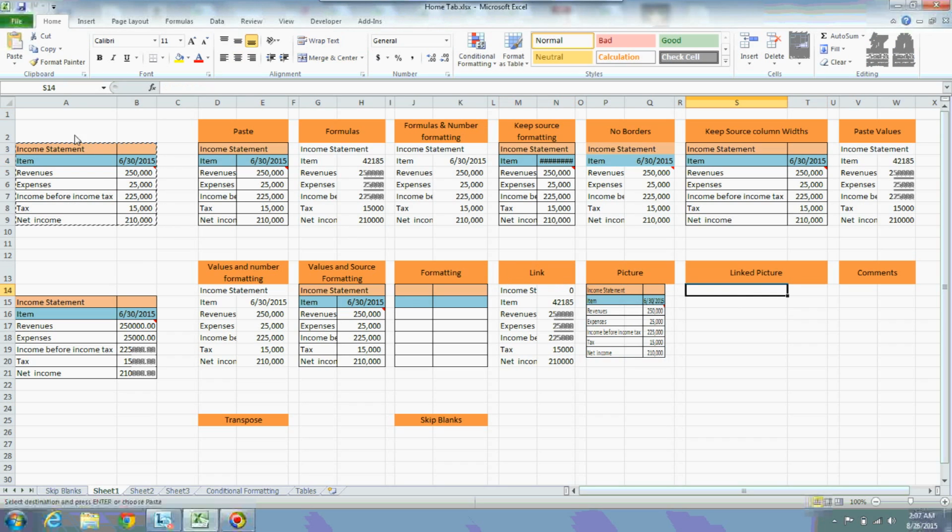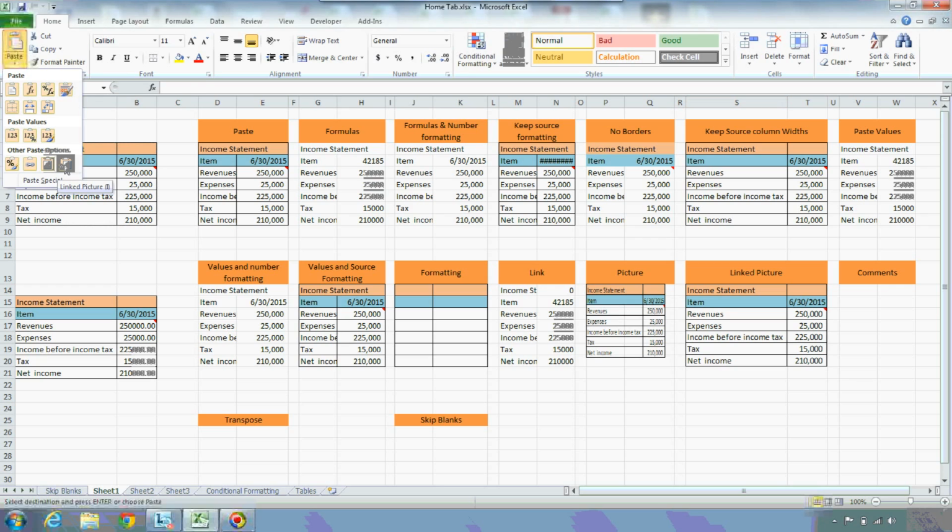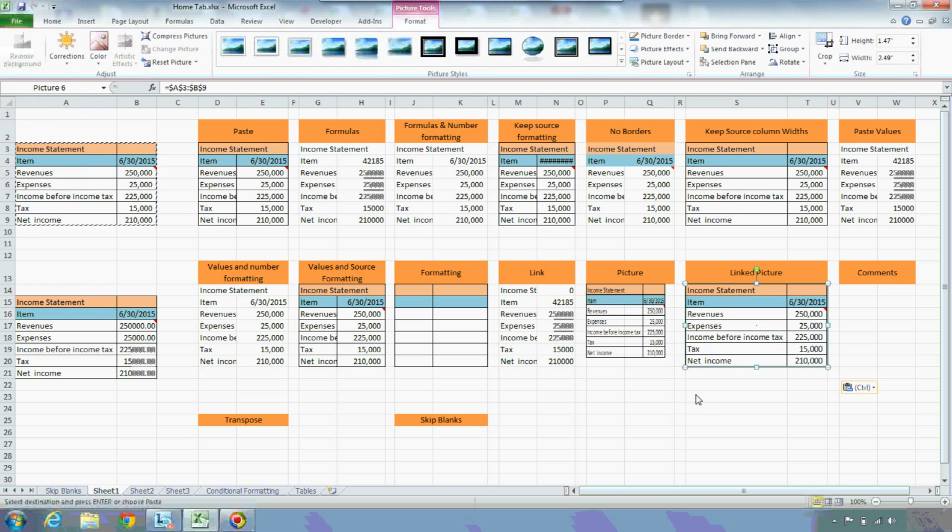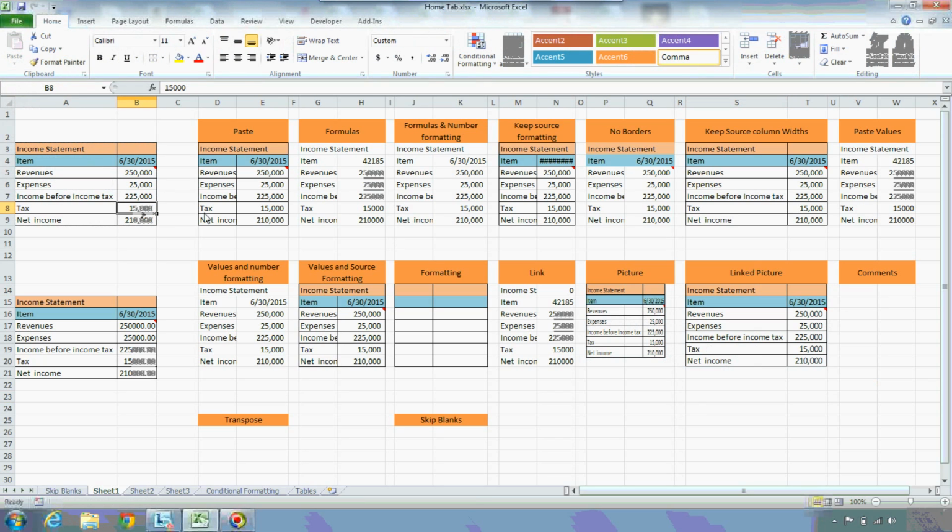Now what I'm going to do is, I kept my cursor position over here. Again I'm selecting link picture. Now what is the difference between link picture versus picture? Now let us see. I am changing the value to 20,000.